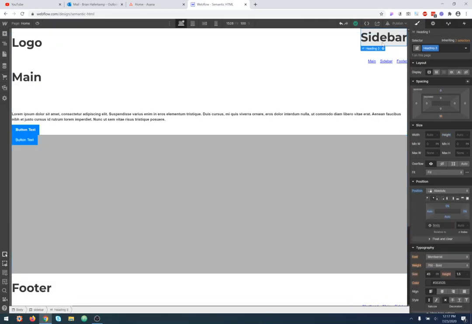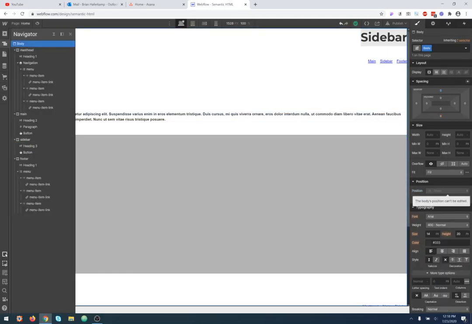As everything goes, it's sort of laid out like little blocks on top of each other. But as soon as you set it to position absolute or position fixed, you have actually removed it from the regular flow of the document, and now it can be positioned. If it's absolute positioning, it can be positioned anywhere inside the body, and if it's a fixed position, then it can be positioned anywhere relative to the viewport. So right now this is being positioned relative to the body element, so if we took body and put a little bit of padding,